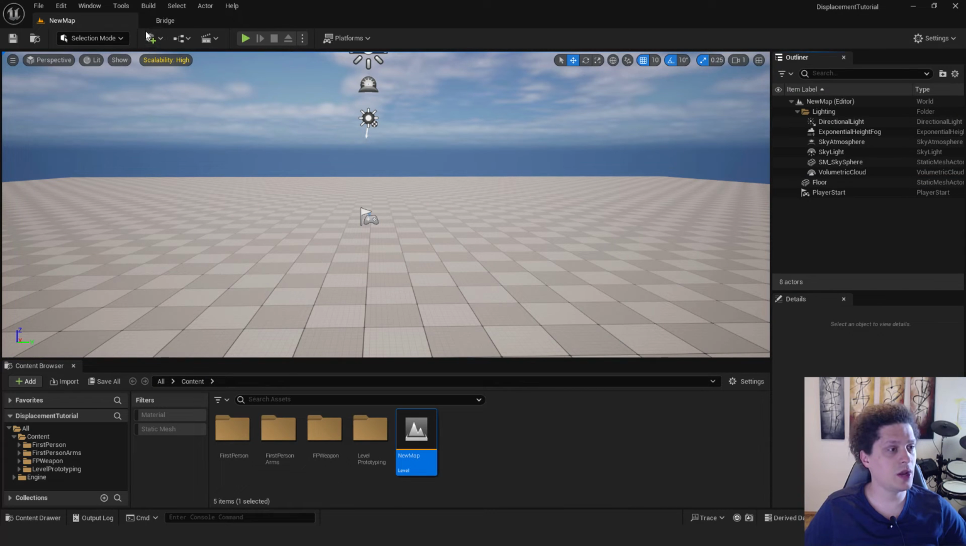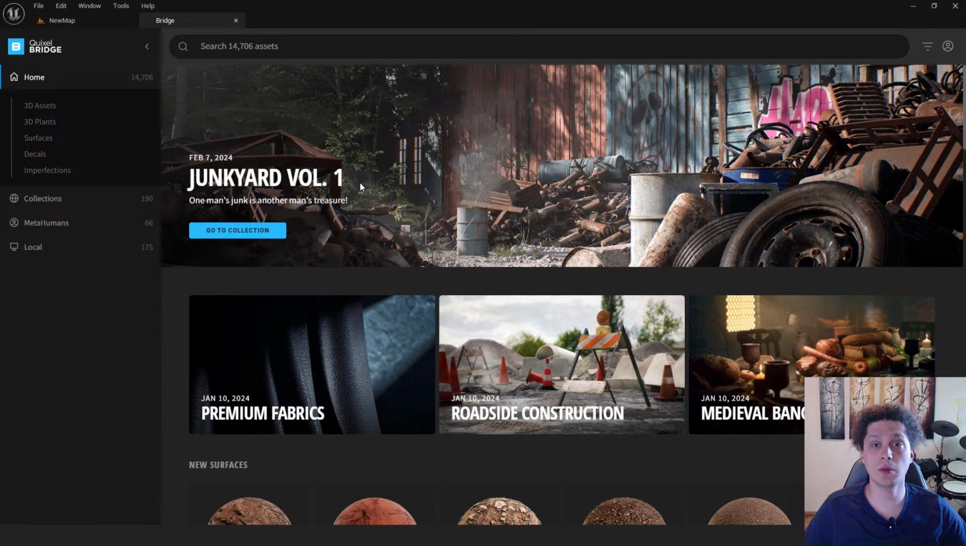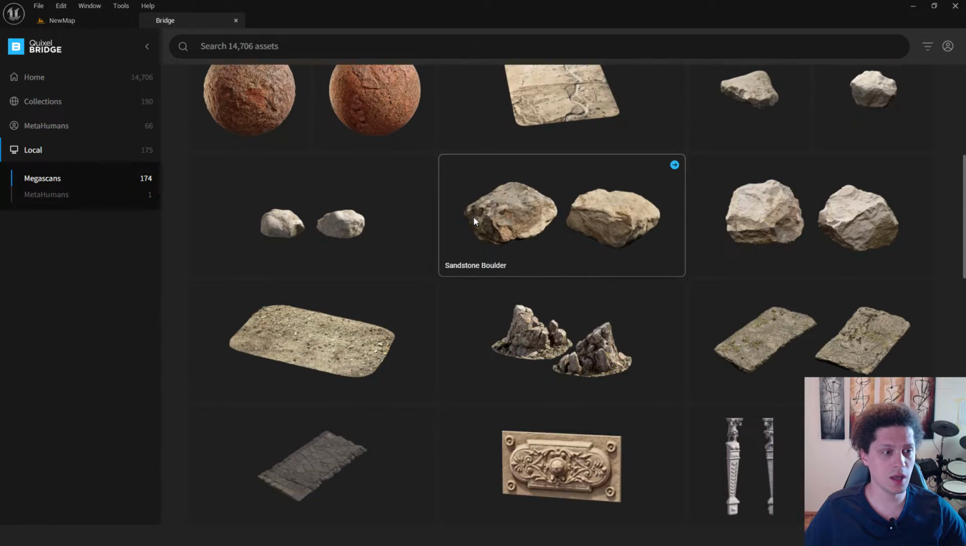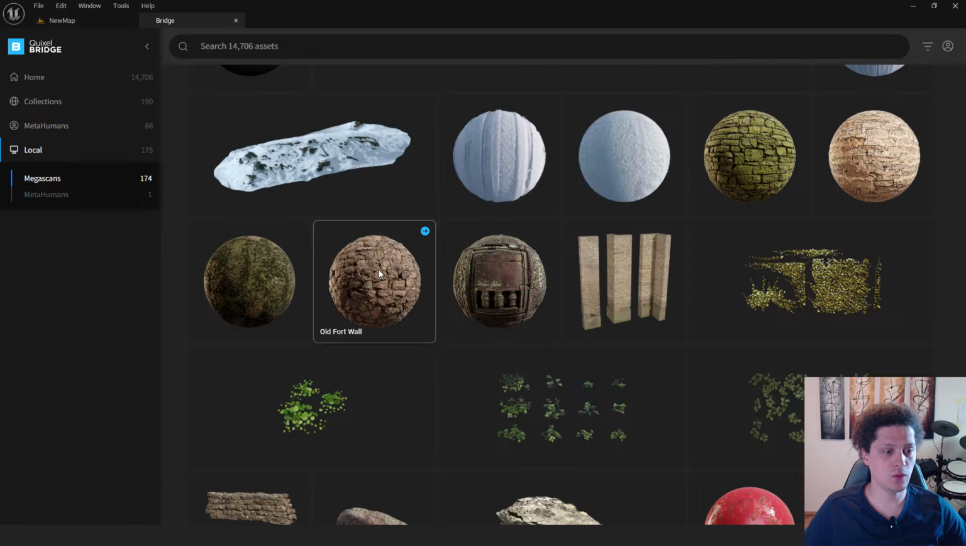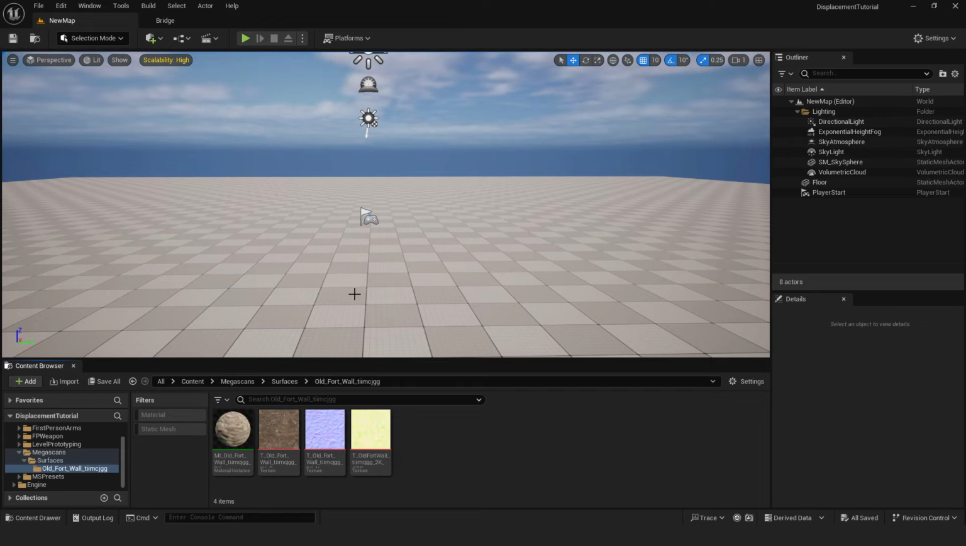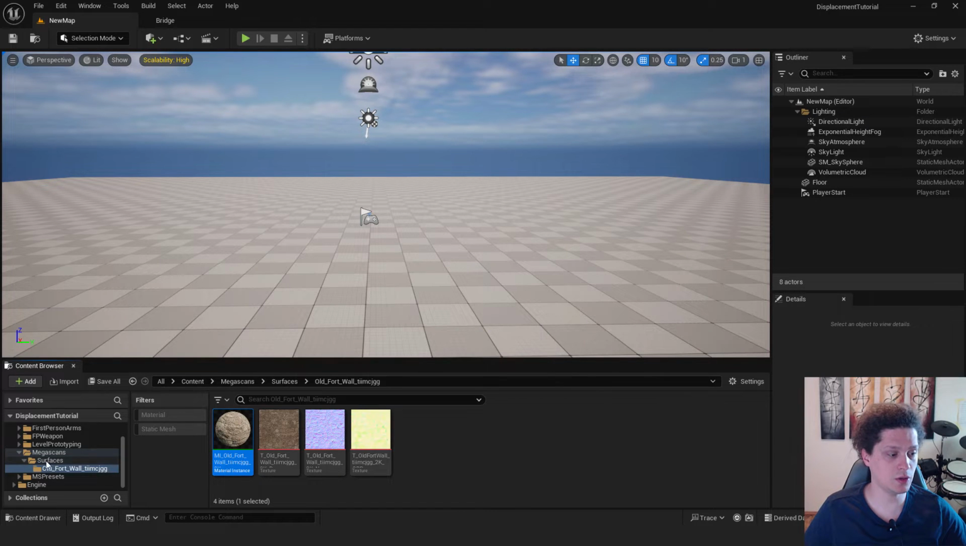After you restart your engine, go over here, Add, and we'll go to Quixel Bridge. We will download some materials to see the effect. You can go over here under Surfaces. I already have it in my local library, and I will choose this old fort wall. Just hit download and click Add over here to project, and you will have materials in your Megascans